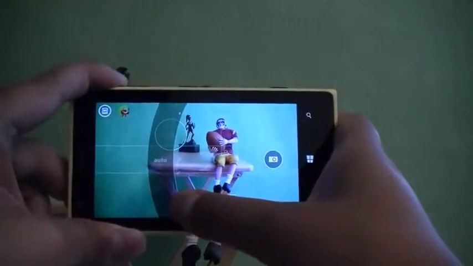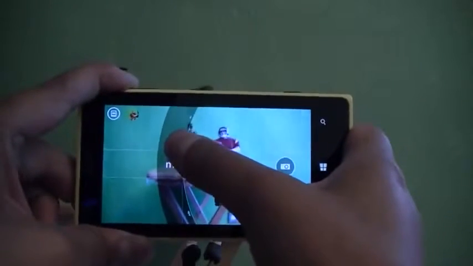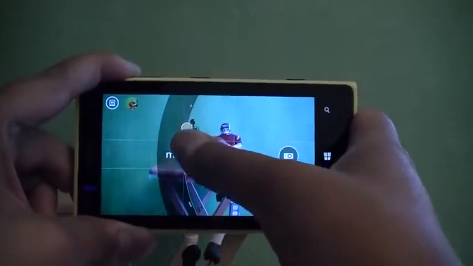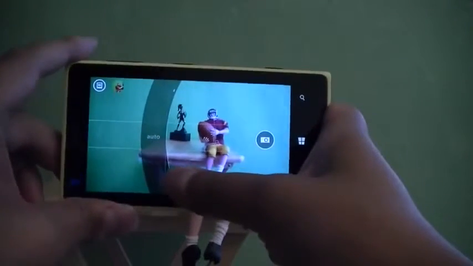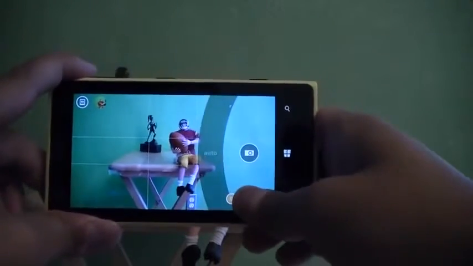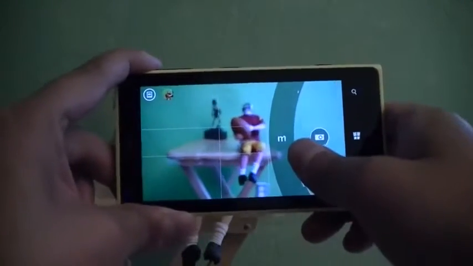And once you grab, you tap and hold on it, it will give you options, and you can go ahead and manually focus just by sliding it up and down. As you can see here, my finger is blocking the scene, so I can go ahead and slide it over so you can see better what I'm trying to do. And once I go ahead and slide it in,